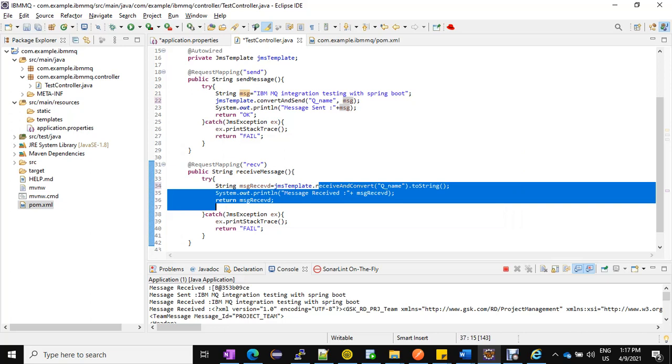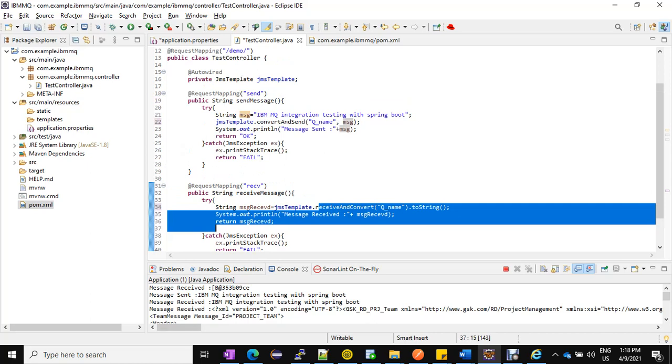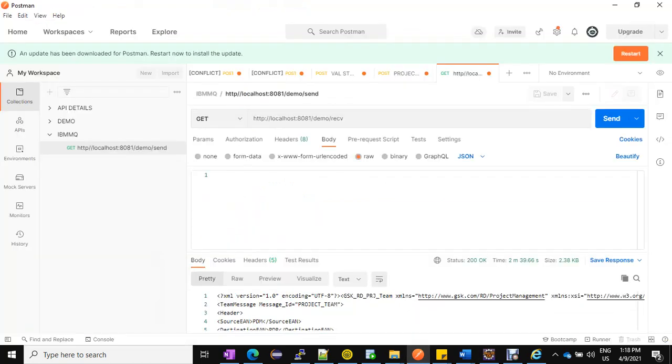What you need is any tool through which you can access the endpoint. So I'm currently using this Postman. I'll try to write a message here.